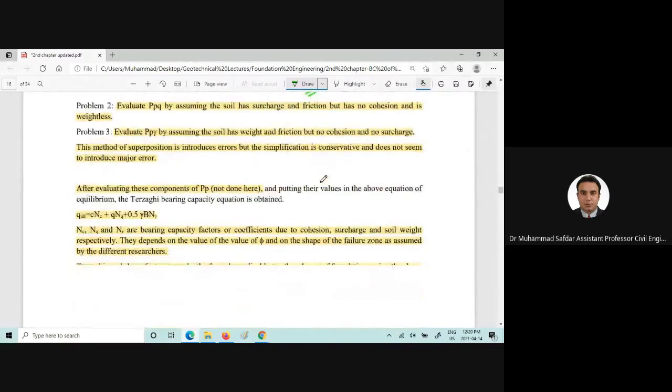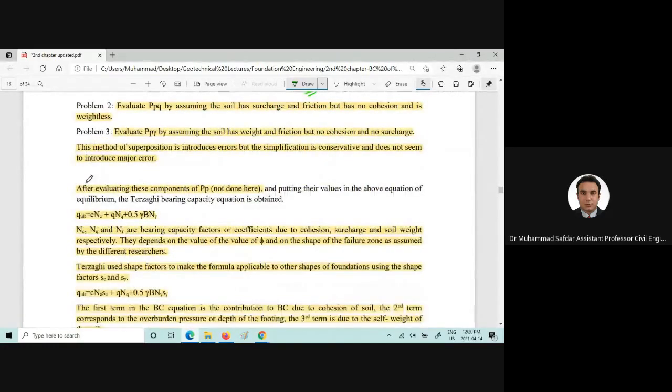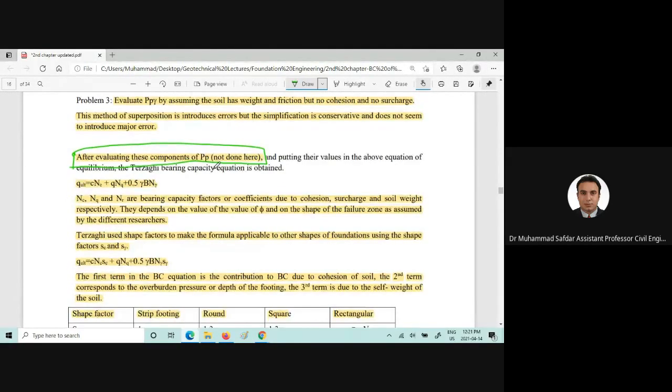Now there is a lengthy derivation here, and Chairman Saab has intentionally removed that part in here. But if you put the values of those PP gamma, PP C, PP Q, then you will obtain a final equation for a strip footing,